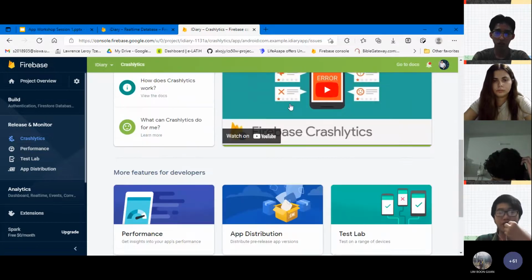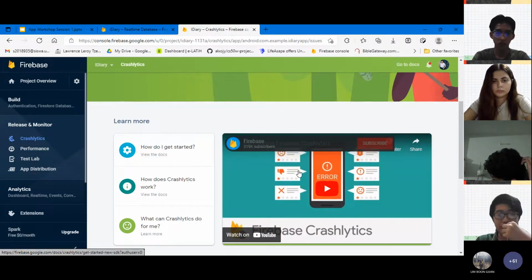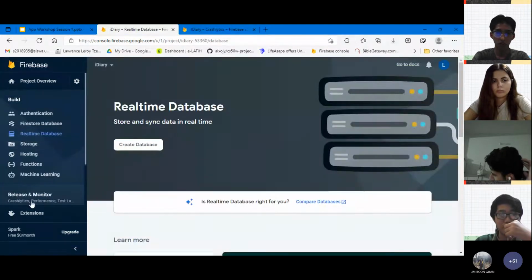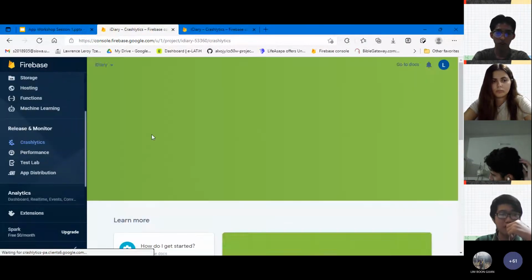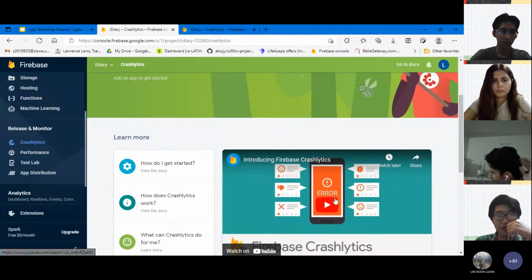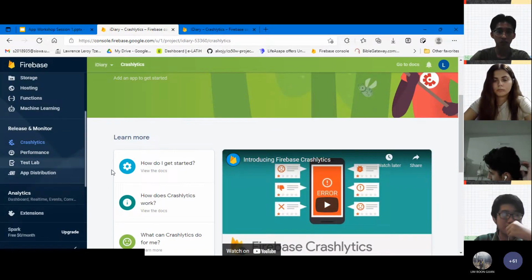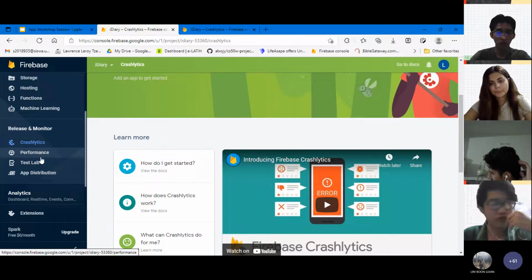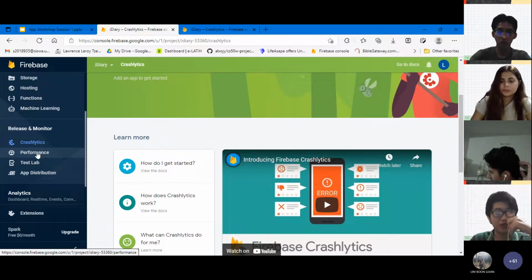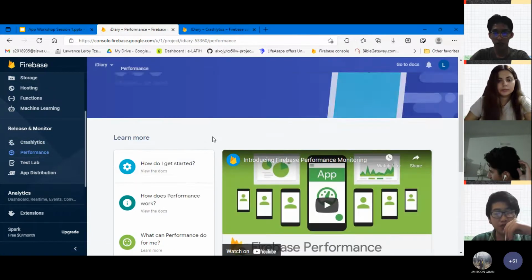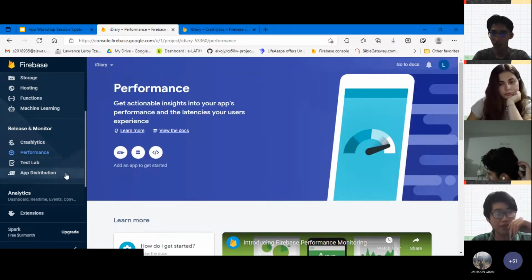Yeah, so it shows what happens to your app when there's an error. And actually, if you're new to all these, most probably a lot of these here will have videos. You can just watch. They're like 2 minutes, 3 minutes at most. Yeah, you can just explore it here. Next, we have performance monitor, which sees how well your app is doing.